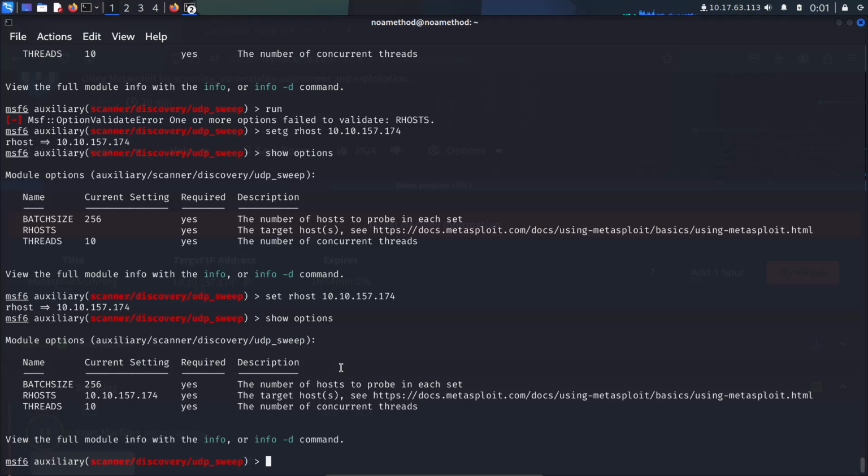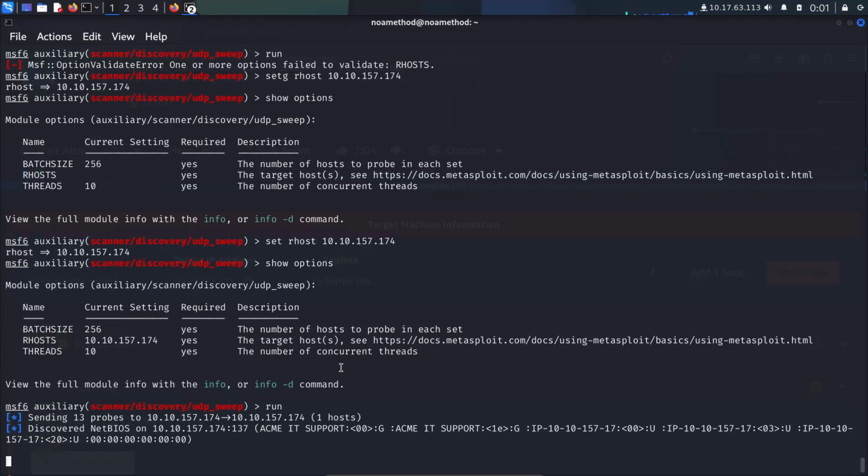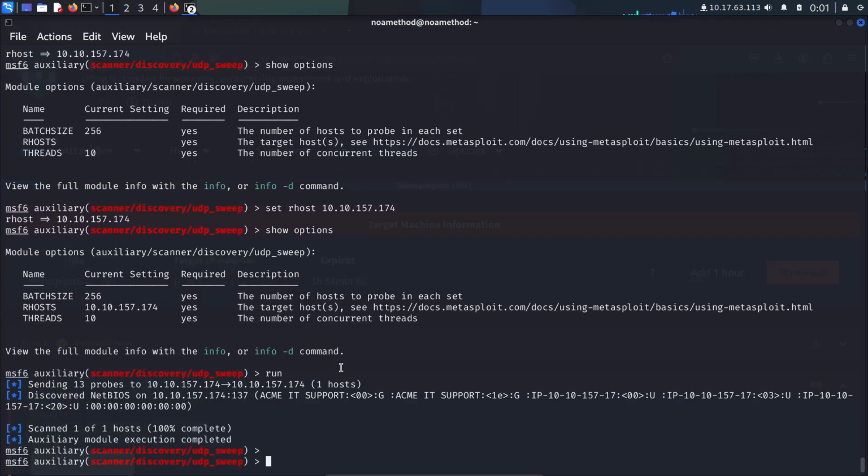Yes, RHOSTS is set. And we can try to run. This is so long, or so fast, I don't know. Set one after the execution completes.